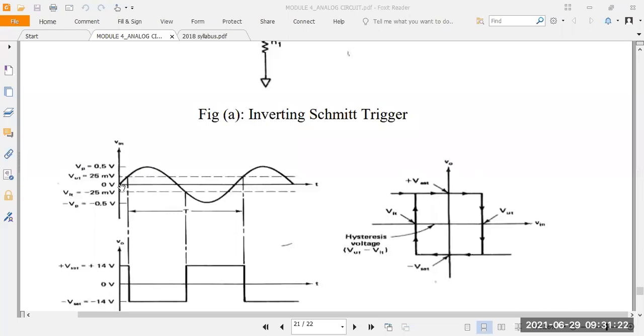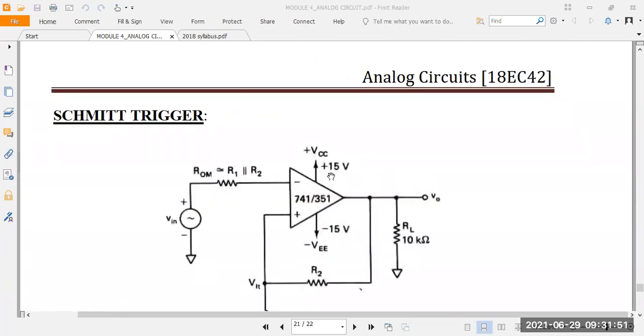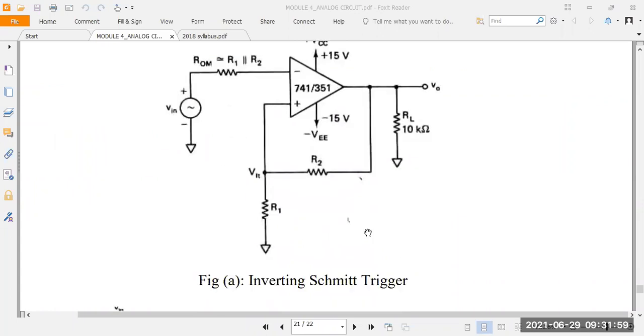Based on that we can convert here. When Vin is less than the V reference, you will get a positive voltage. See this one here, this is the Vin. What is the reference voltage here? 25 millivolt. When Vin is below the 25 millivolt, you will get a positive voltage, because this is an inverting op-amp, right? So for that you take this condition. When Vin is less than the V reference, you will get a positive voltage. How much here? That is plus 15 volt. Positive output is 15, negative is minus 15.